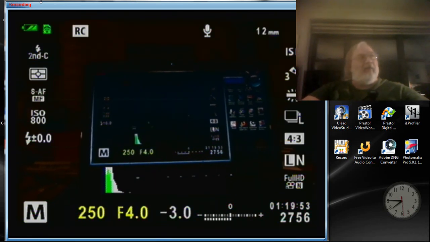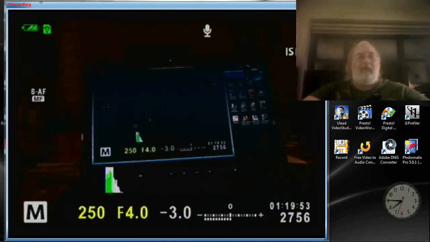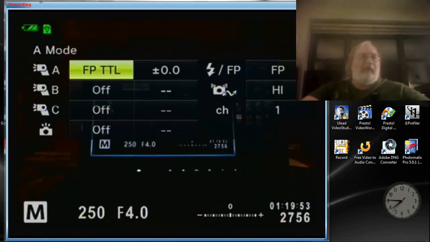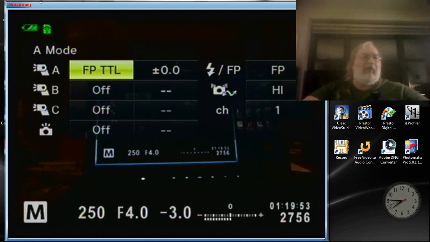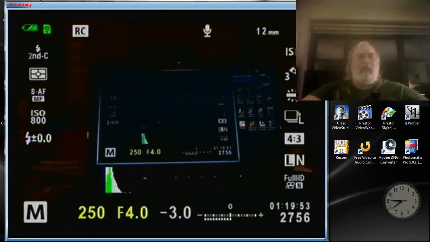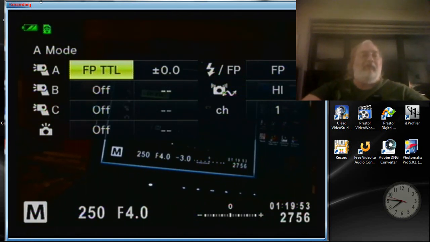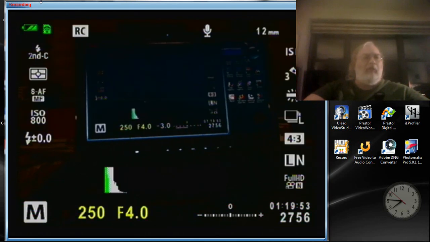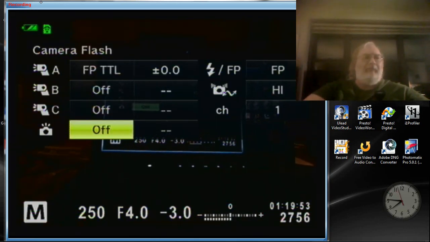Like one group for, say, frontal lighting, a second group for background lighting, a third group maybe for hair lighting or rim lighting. Okay. And at the moment, I only have the one external flash, so it's reading the external flash and sensing that it's, well, right now it is turned off, but I have it set for high-speed flash TTL mode. And when I'm in that mode, you'll notice that the camera flash, the little weak trigger flash, is set to